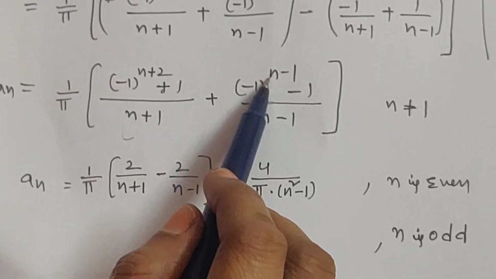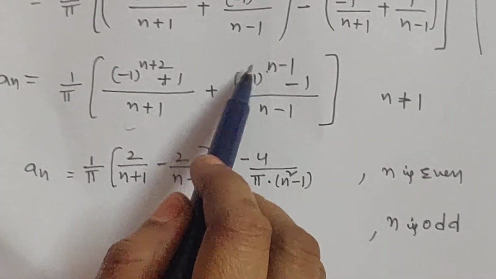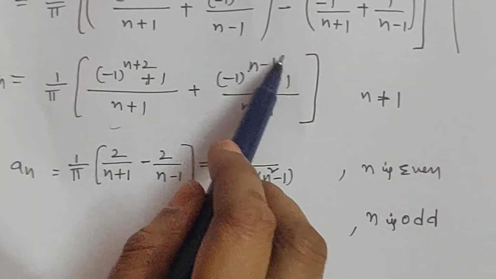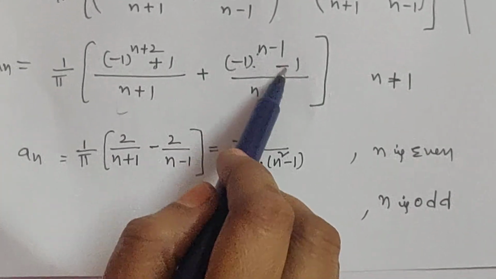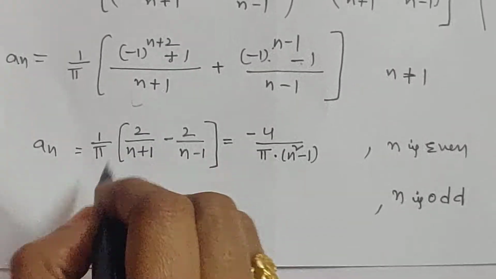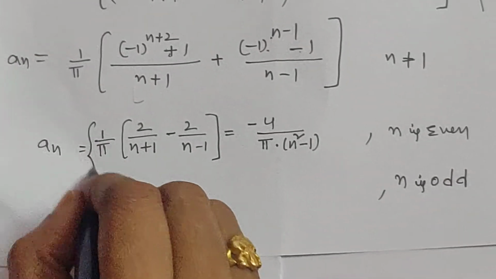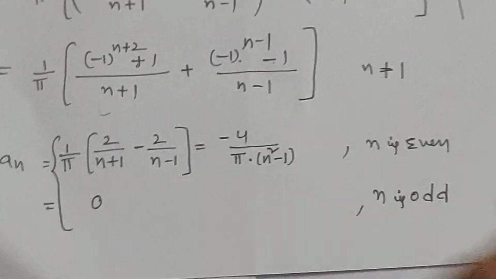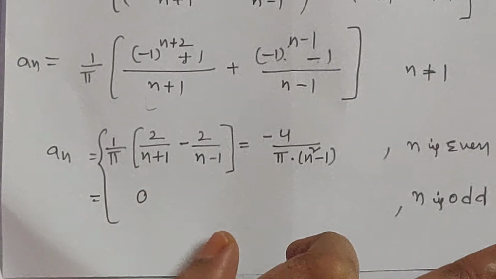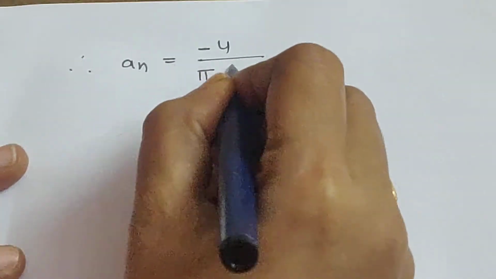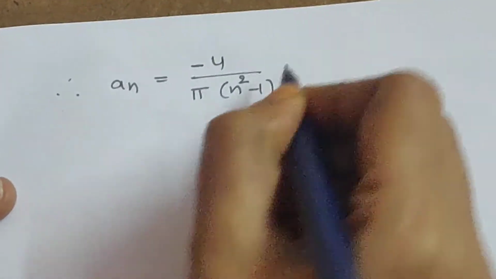If n is 3, you will get positive 1 here. n is 5 means the value becomes 1, so 1 minus 1, 0. So if n is odd, the whole value an is 0. Therefore we got an equal to minus 4 by pi into n square minus 1,